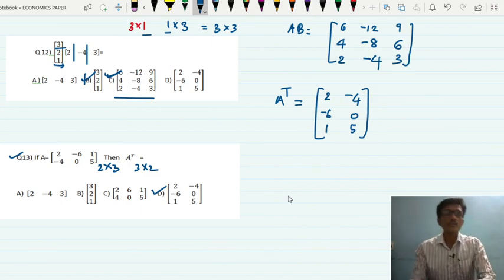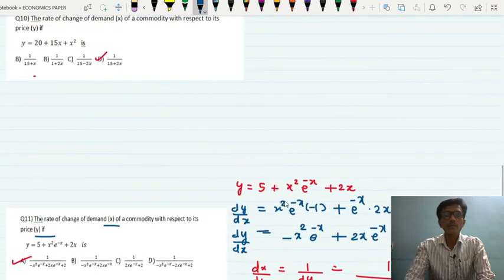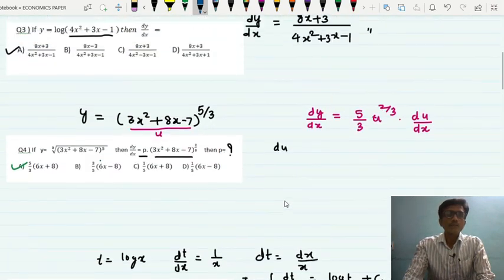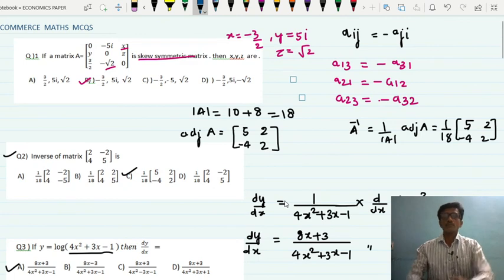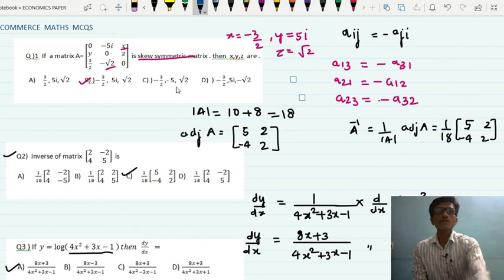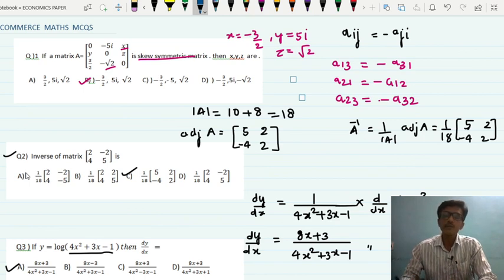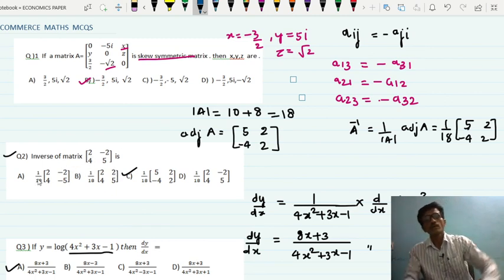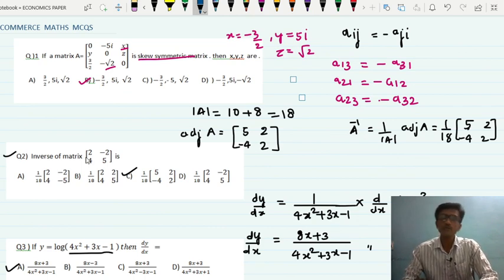So yes, dear students, we have covered all these 13 multiple choice questions of this paper. So the first question option is this. This is the skew symmetric matrix. Here the inverse of a matrix is given by 1 upon determinant of A into adjoint of A. How to get adjoint in short? By interchanging the diagonal elements and changing the sign of non-diagonal elements for the case of a 2 by 2 matrix.